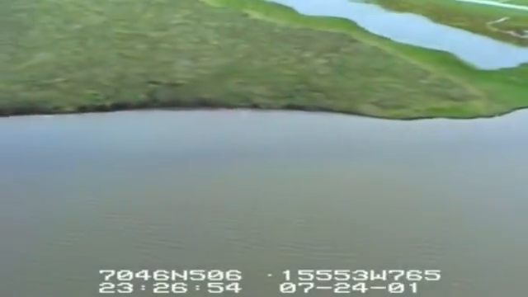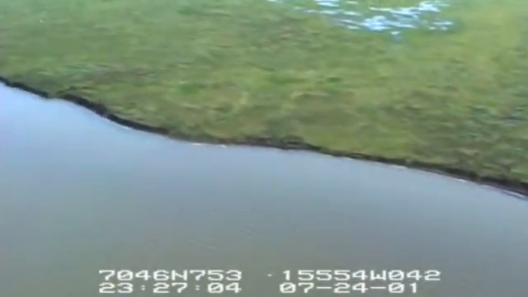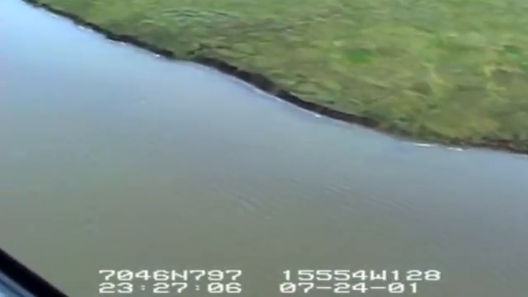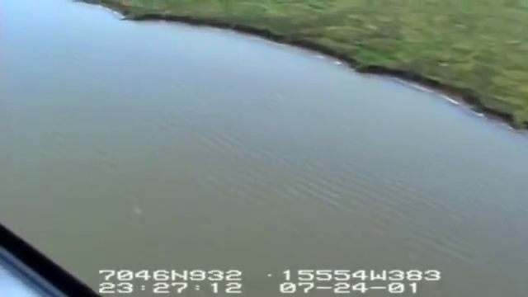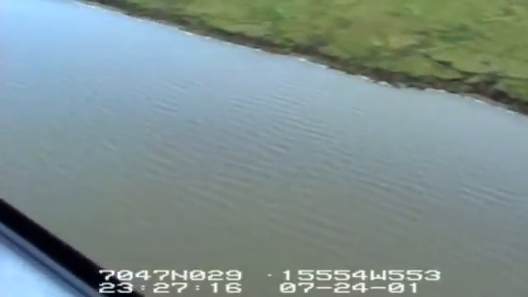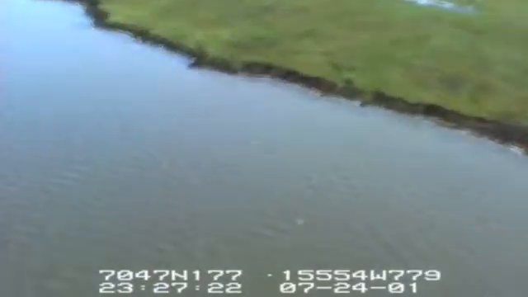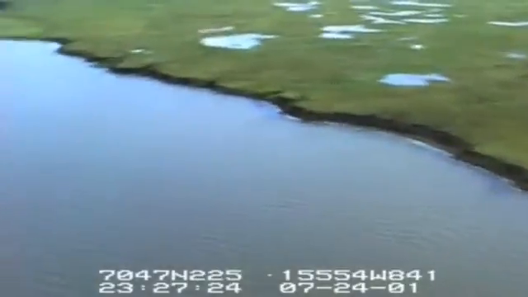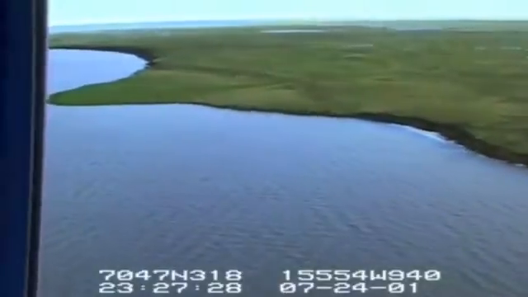There's a tundra cliff coming in frame below, which has a continuous, narrow, less than 10 meter wide beach of consolidated material. Tundra cliffs are about 10 meters high. Okay, if you start to come down a little bit and slow down just a touch. So there is a continuous, some sections of continuous plastic beach at the base of this tundra cliff, which is quite ice rich and peat